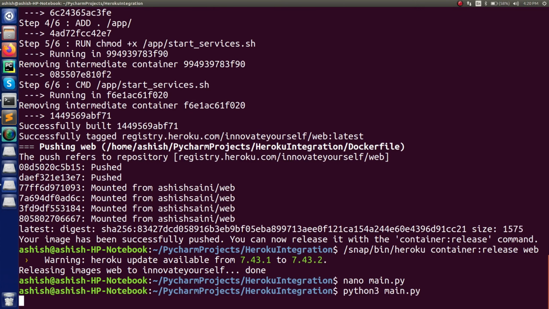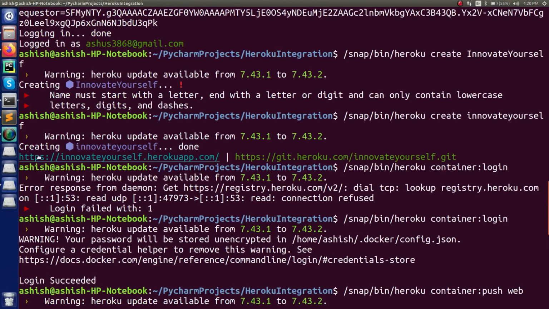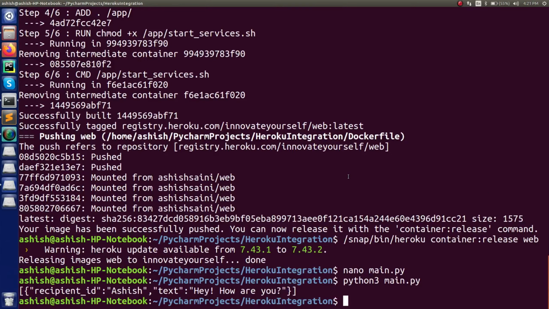Alright, so now press enter. Can you see? Your chatbot is working fine, and this time your chatbot is live. Your chatbot is live on this server which we just created, on this Heroku app. With respect to this, now you can talk to your bot through the API which we just created, and accordingly you can make a bot which can work according to the chatbot that you just created, right? So this is all that we can do.